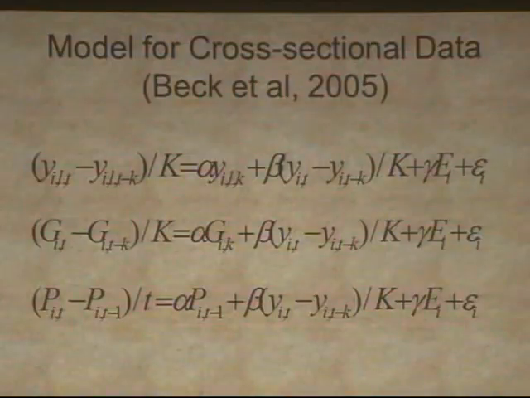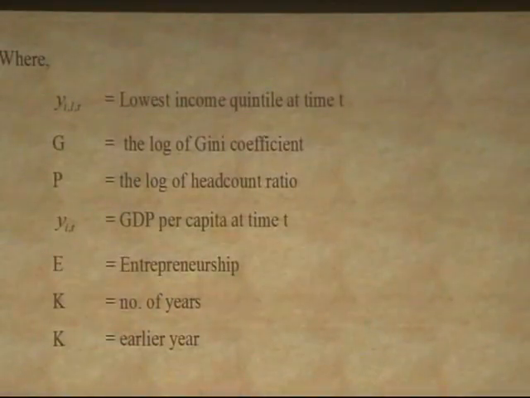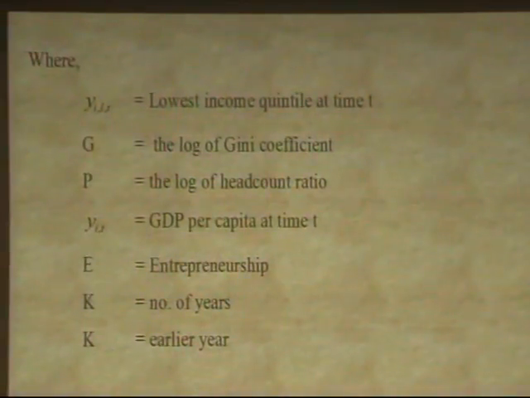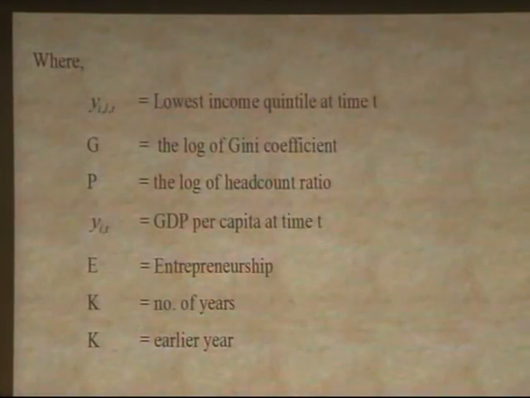Okay, let me go to the next slide. This is my description of each variable. YILT means the lowest income quintile at time T. This means the income of the population is divided into four, then I take the lowest income quintile, which shows the income of the poor,